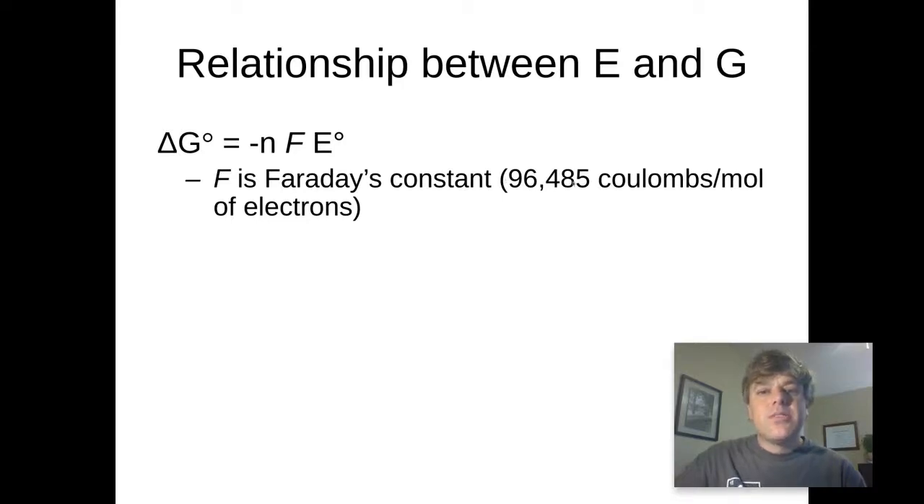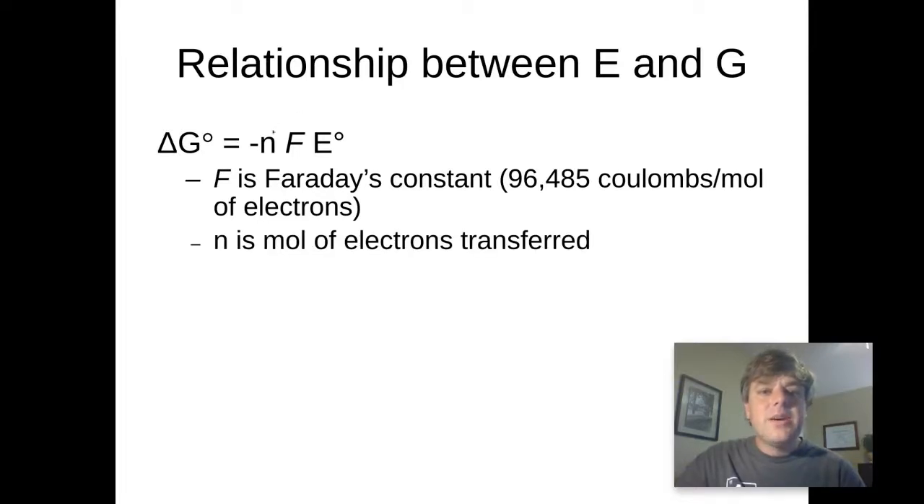That means there are 96,485 coulombs of charge for every mole of electrons. A coulomb is a unit that's used to measure electrical charge. And n is how many moles of electrons are transferred in the reaction. So you would have to actually analyze the reaction in order to figure out how many moles of electrons are